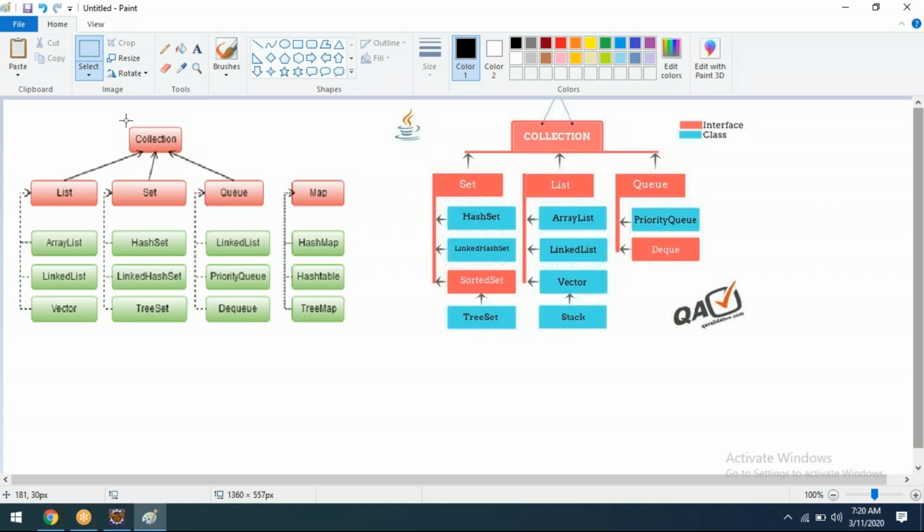Within this, list, set, and queue are there, and map is separated. And inside list, there are 4 classes: ArrayList, LinkedList, Vector, and Stack.